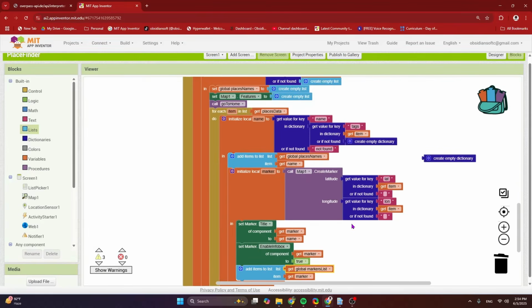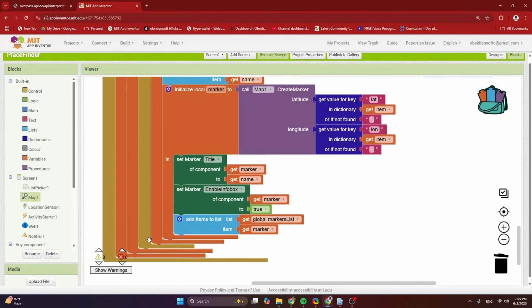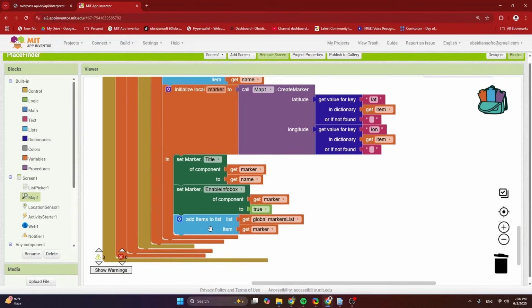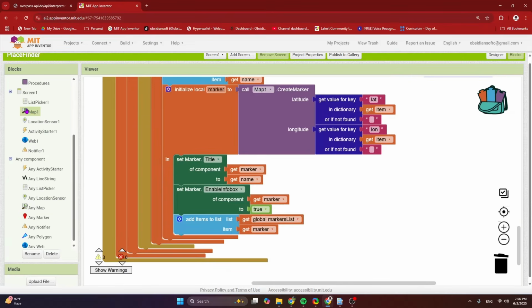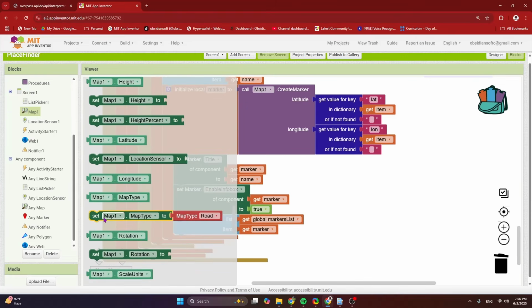So this is what my got text looks like. And now once we have gone through the for loop of our places data and we have constructed all the markers, we have to set our maps features. So where is the block?